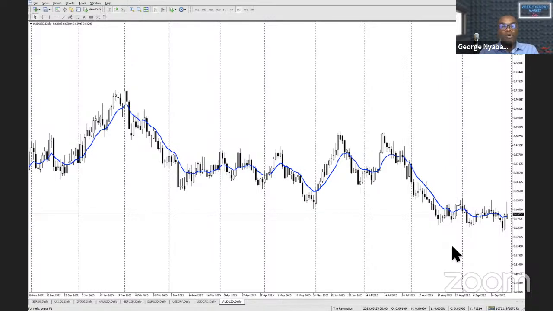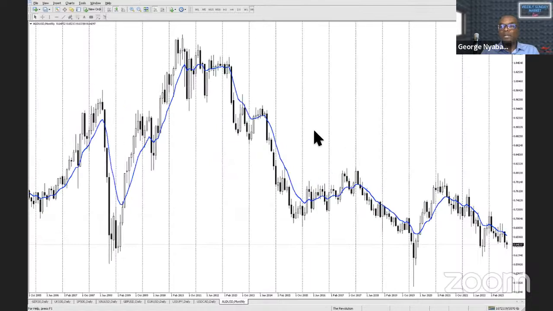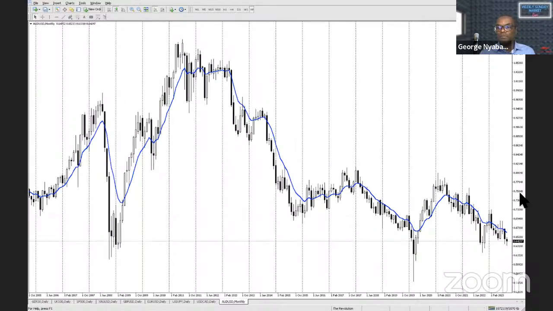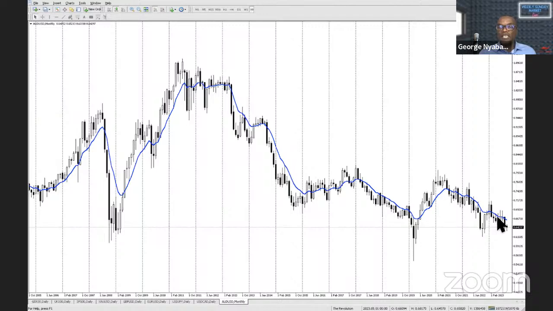Now, Aussie versus the dollar. This is where the market ended up on Friday. Let me just pop up quickly the monthly chart. You can clearly see, if we were just to take a snapshot, we were in a downtrend. But something that is interesting is that we come into potentially an area where on the monthly time frame, the bulls might have an interest in creating a double bottom. And that would be in this area here, which would be the low of